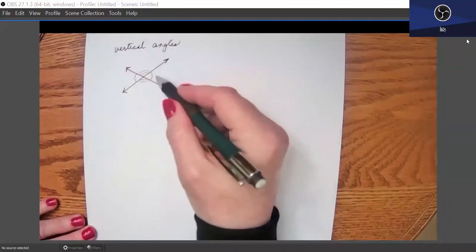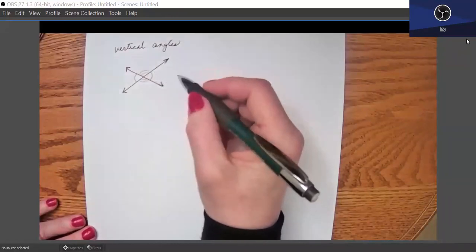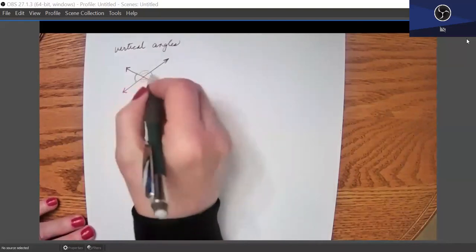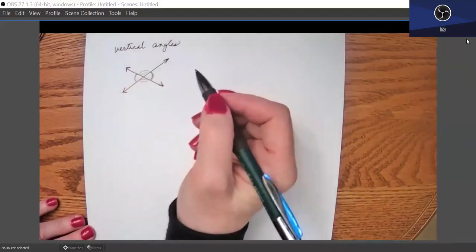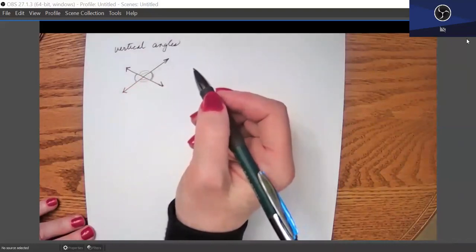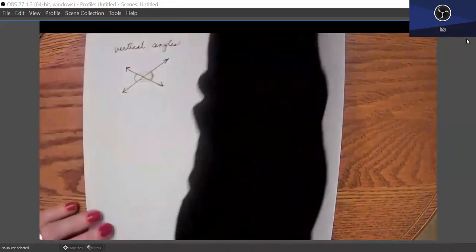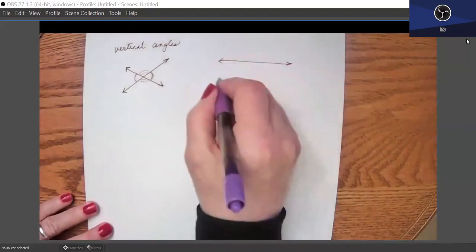The number of loops is a mechanism used to show angles that are the same measure. So see how this has one loop? Any other angle in the diagram that has a single loop would be the same measure. So vertical angles are always the same measure. We like that truth. And then we also have, if you have parallel lines,